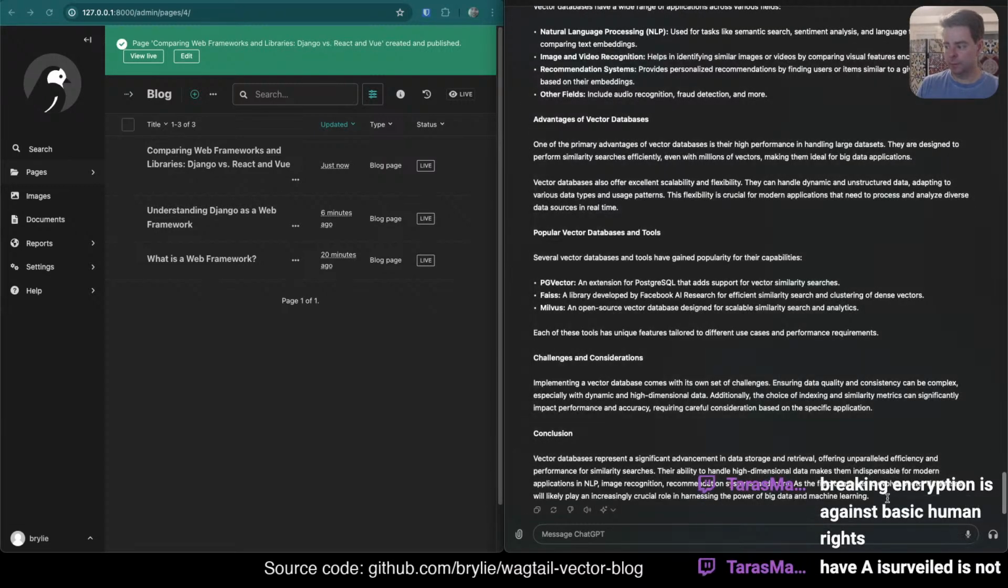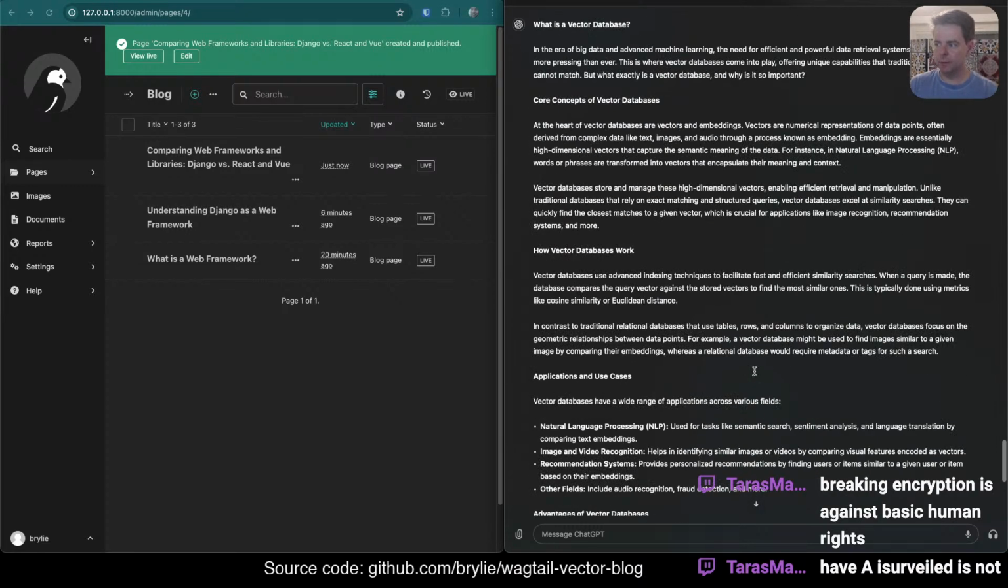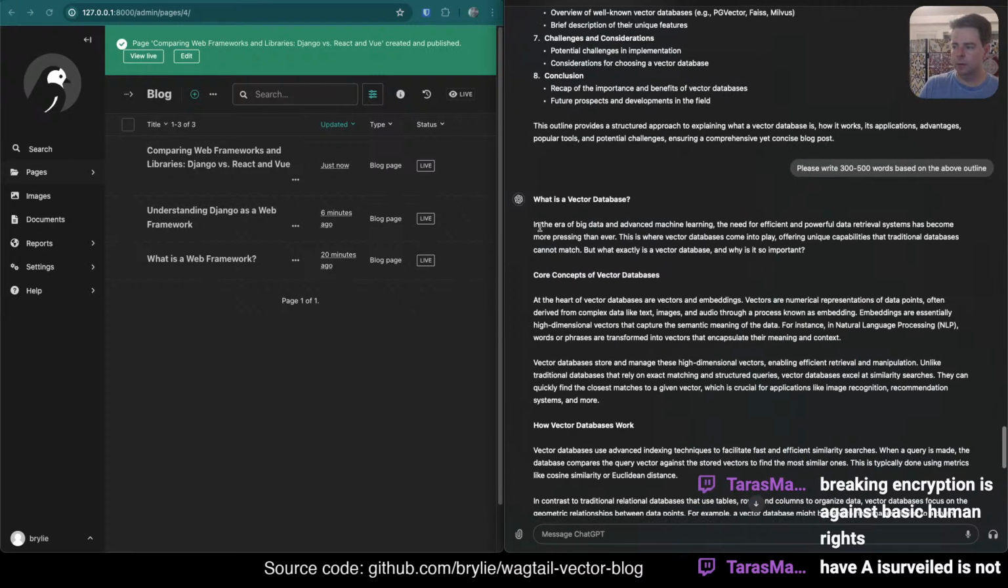Well, yeah, it depends. What's your definition of human rights? Like the United Nations Declaration of Human Rights kind of thing. So